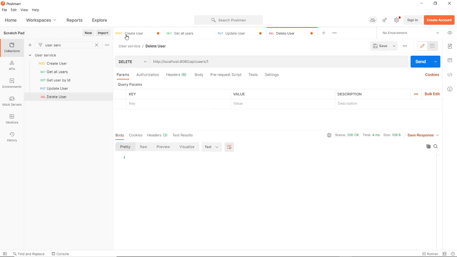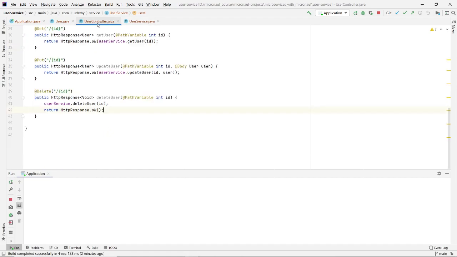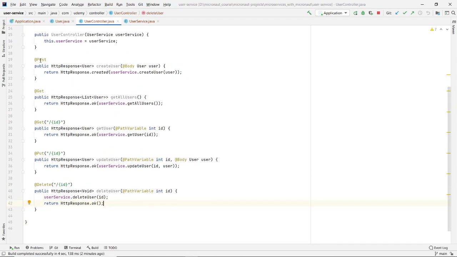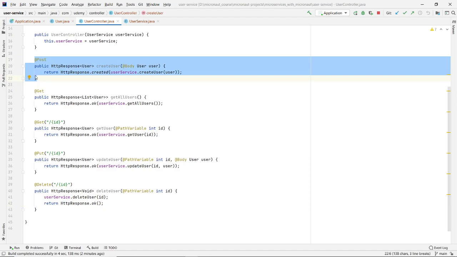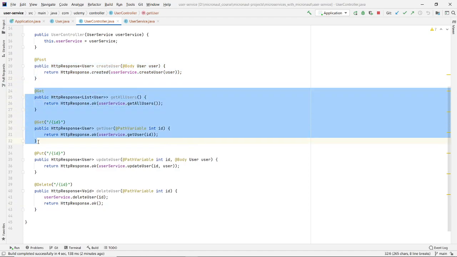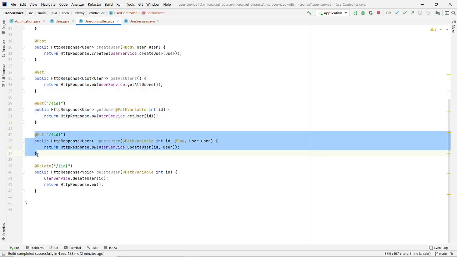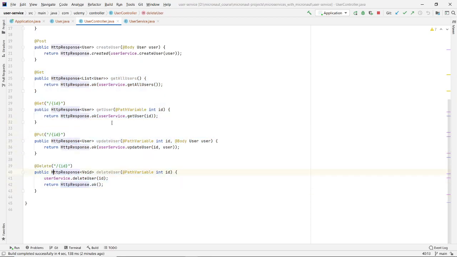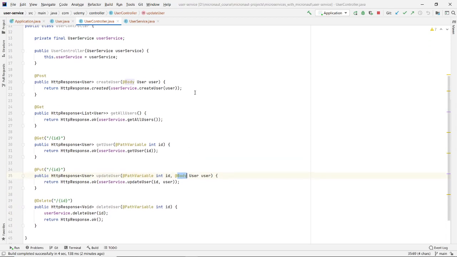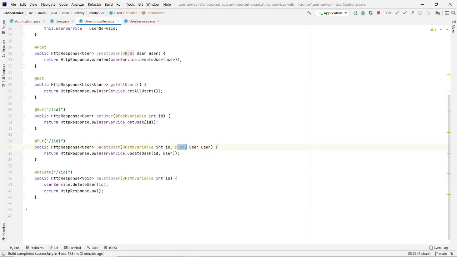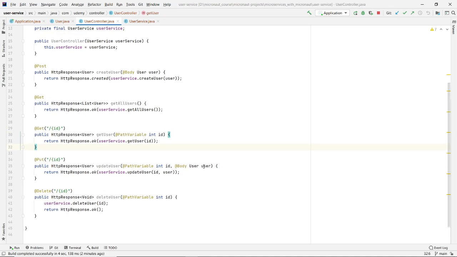So this was all about HTTP methods. We saw how to write the APIs for creation of a resource, requesting or getting the resource, updating the resource, and deleting the resource. And also we saw some annotations like use of path variable and request body annotations. In further videos, we will take a look at error handling and validation of these beans.